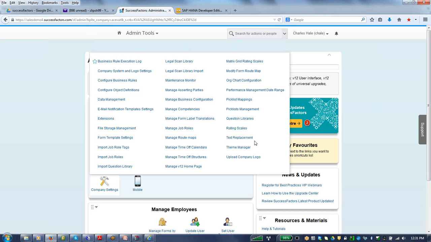In this instance, change it to objectives. So goals are nothing but objectives. Objectives are goals. You can change the text. Rating skills, we looked at it. Pick lists are the first time we're looking into it. You can change the organization plan, who reports to who. We looked at the route maps. We'll give you a very detailed